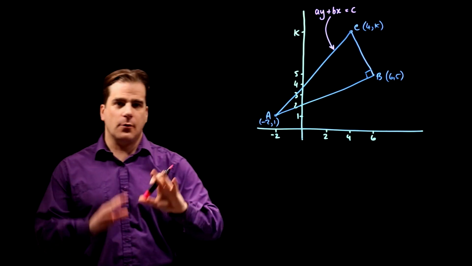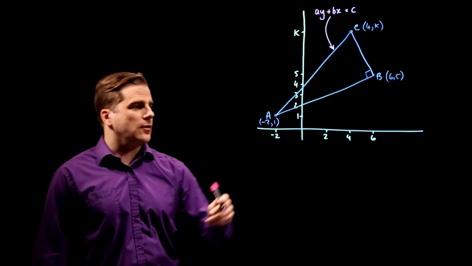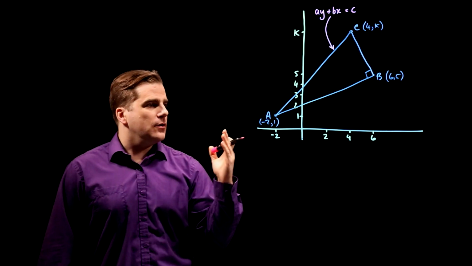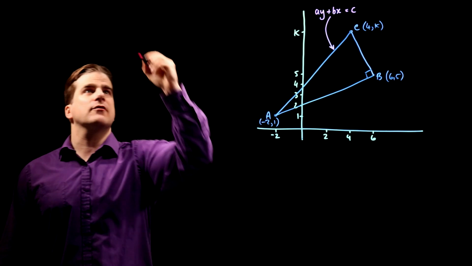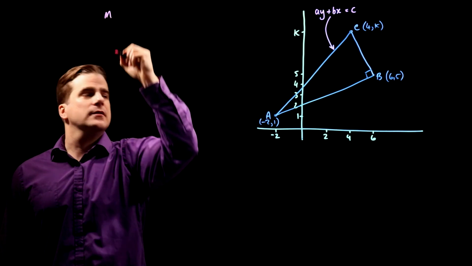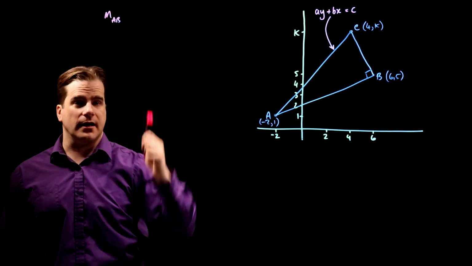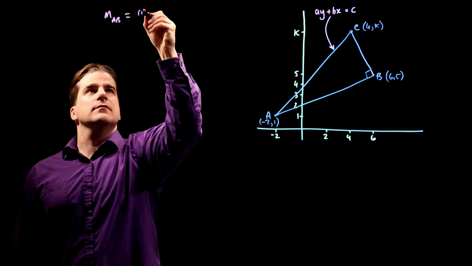So, don't worry if that didn't make sense. I'll just do it and you'll see what I mean. So, equation of the line AB. To work out the equation of the line, we need the gradient. So, the gradient is written m. So, I'm going to write it as m sub AB, meaning the gradient of the line AB, is the rise over the run,